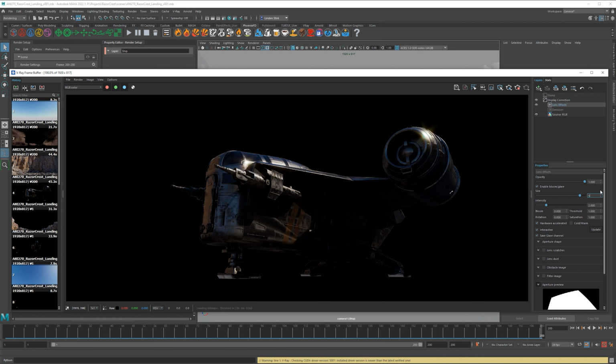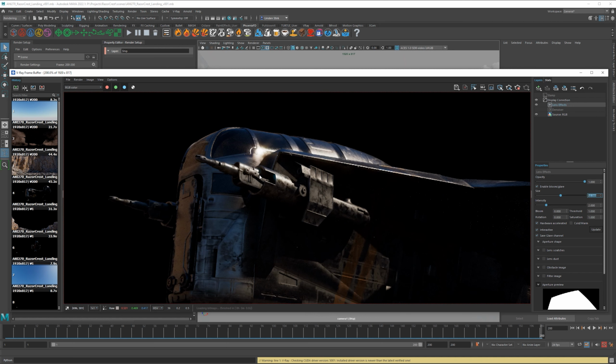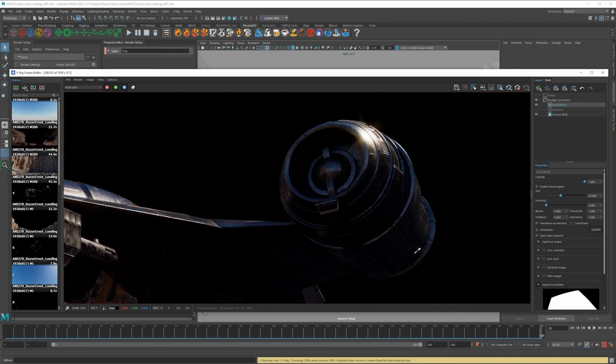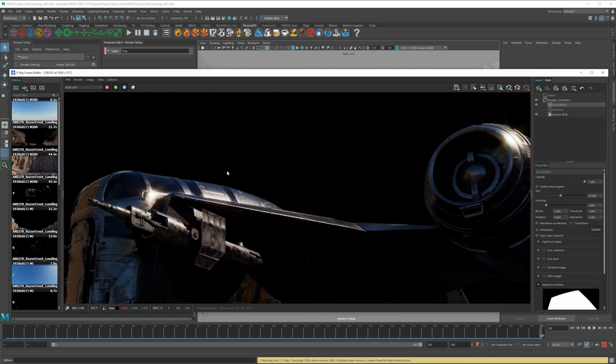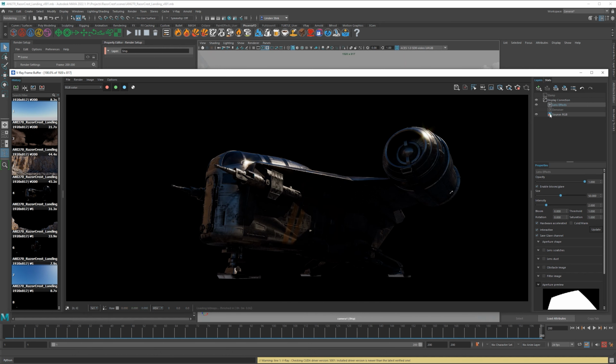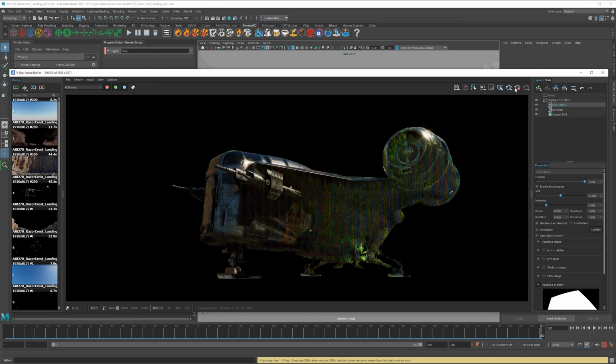So I would do something like maybe 50 or 40. You could even leave it on the default and it probably looks fine. Now, these are things that we could go back and change later for the next pass, but just to get something into After Effects, I wanted to show you that. So that's how you enable it. This will automatically create a pass for you.